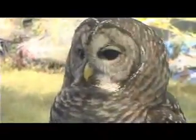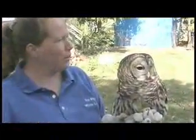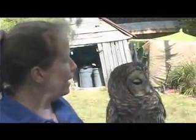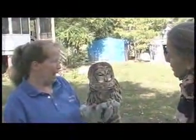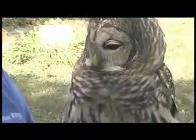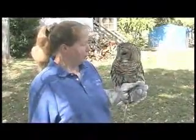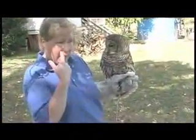He is quite handsome. He was found as an orphaned chick all the way down in like the Richmond area. And individuals, very caring people, but just unfortunately unaware, took Lamont to their home, and of course he wasn't Lamont then, he was just a baby owl, right? And raised him up in their house. Lamont did not have any exposure to the world of owls, and he genuinely believes he's a person. And so it is unfortunately vital that he never go back to the wild, for his own health and safety,